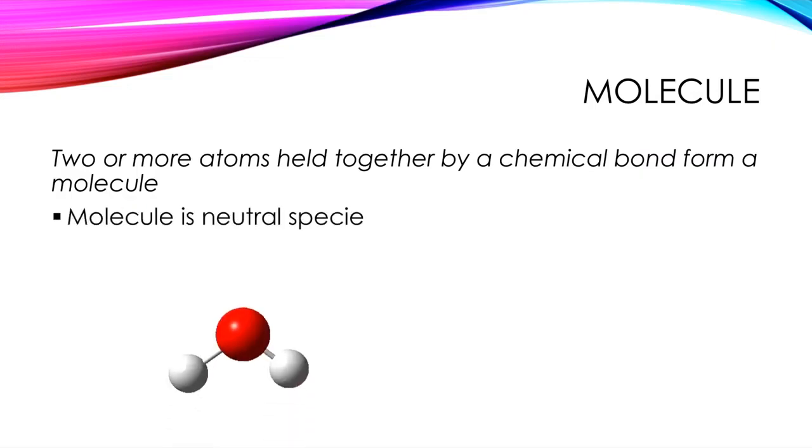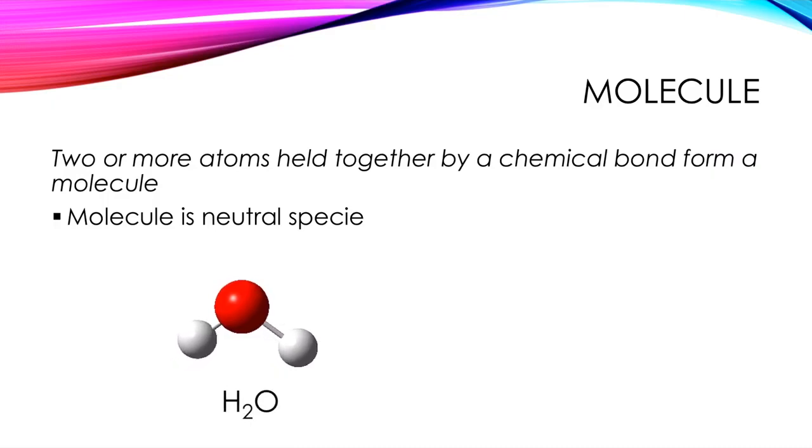Let's take an example. We have a water molecule here. Can you see two hydrogen atoms? Because water, which is H2O, you all know the chemical formula of water. There are two hydrogen atoms in this water molecule, one hydrogen, another hydrogen, and in the center you have oxygen. So there are three atoms which are held together. Can you see the forces between them? These are the forces that are holding these atoms together. Whenever two or more atoms are held together, the particle that forms, this particle itself, is called the molecule.